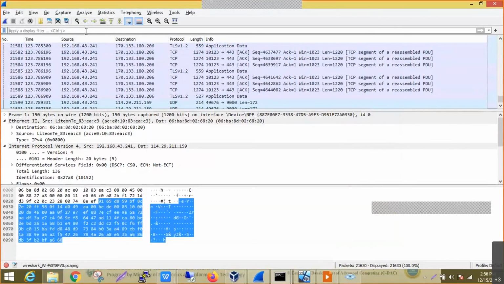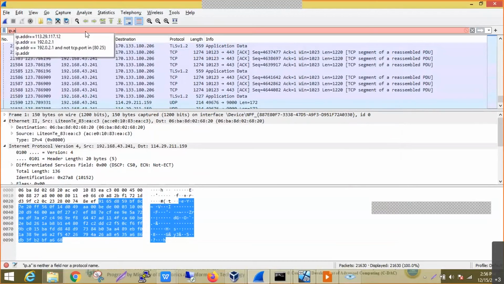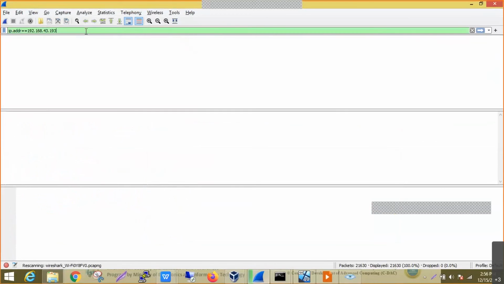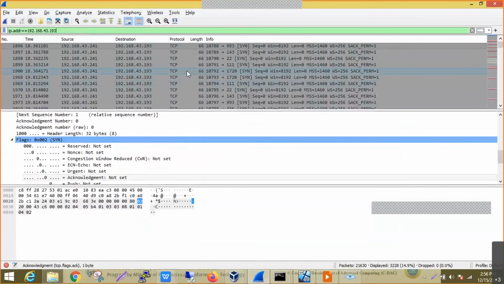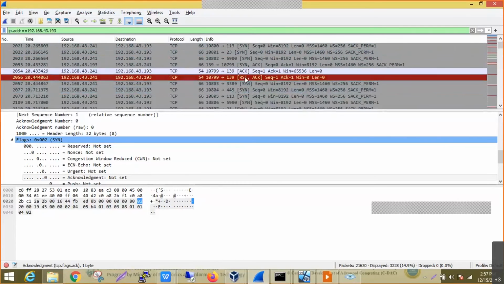So again, we'll try to filter this, to see what kind of background activity has been done on this particular destination machine. So it is 193. Now we can see the TCP SYN packet has been sent to each and every port. We can observe the destination port here. This is my destination 193, the target on which we have done the scanning technique. And we can observe the port numbers going from the source port onto a lot of ports: 993, 143, 22, 111. So it is trying to scan each and every port on this particular system.